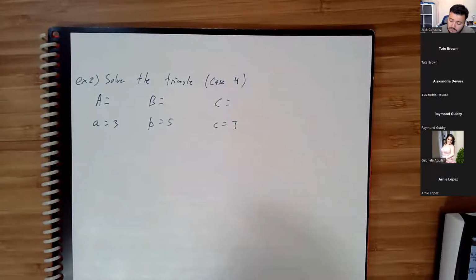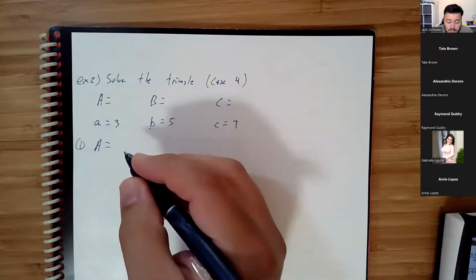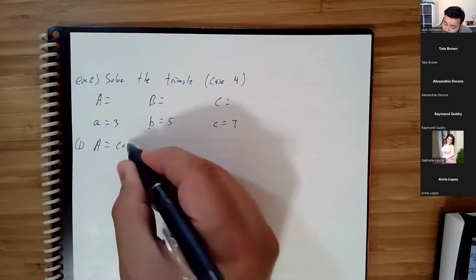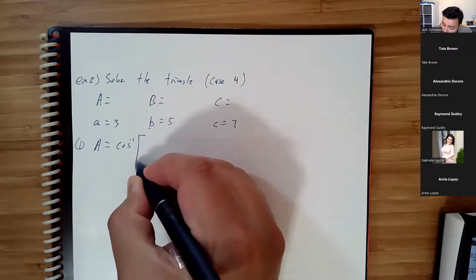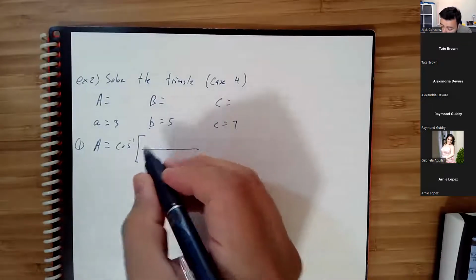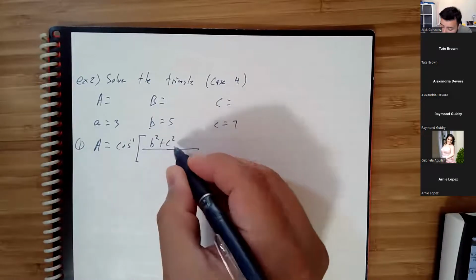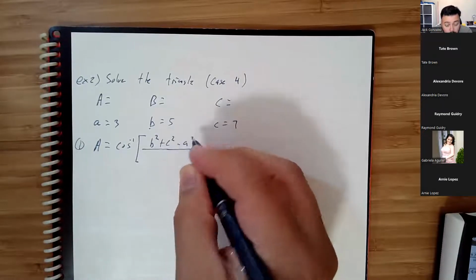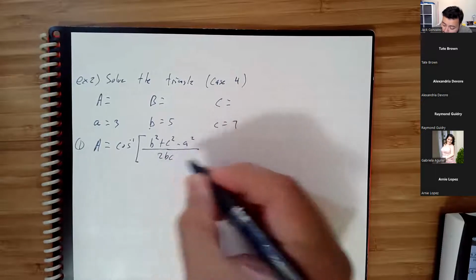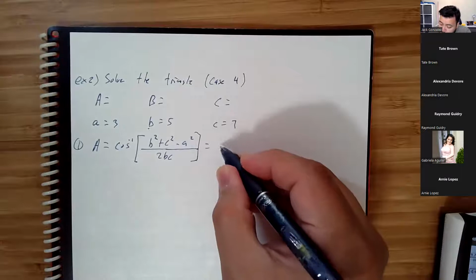So just got to do two formulas, and we'll be good. So capital A, the formula is cosine inverse of b squared plus c squared minus a squared over 2bc, which will equal